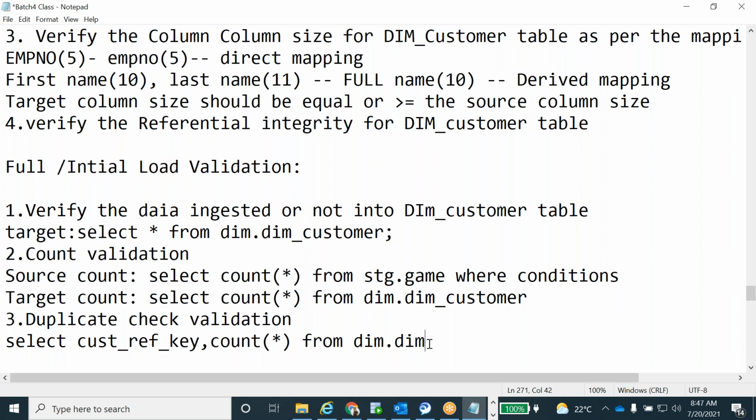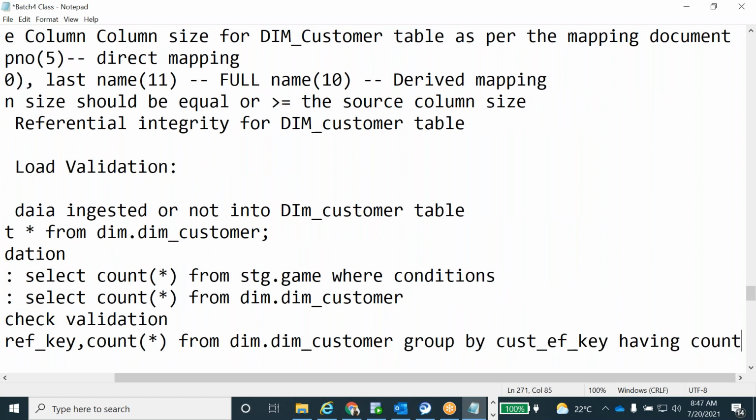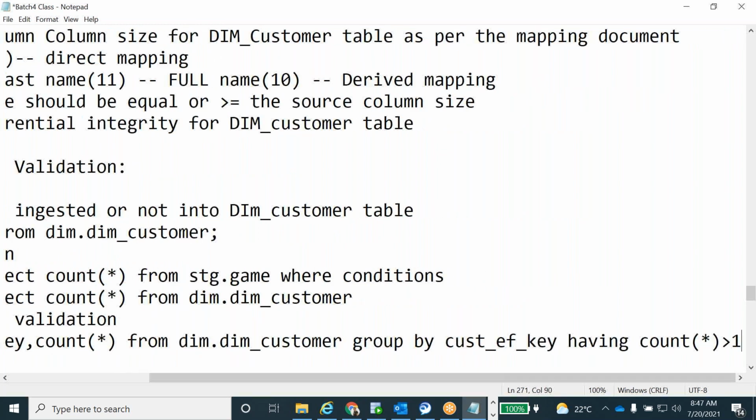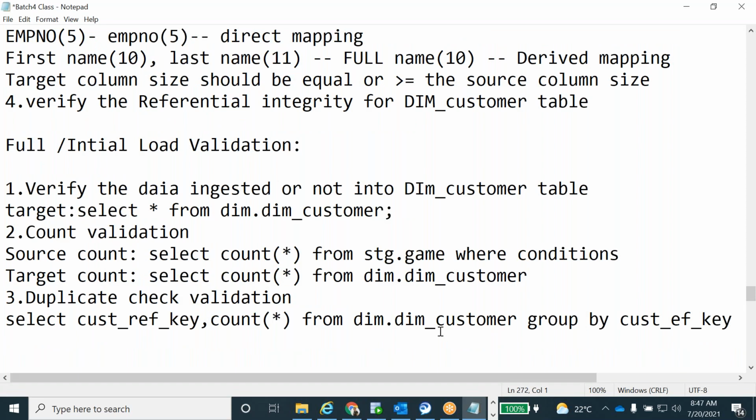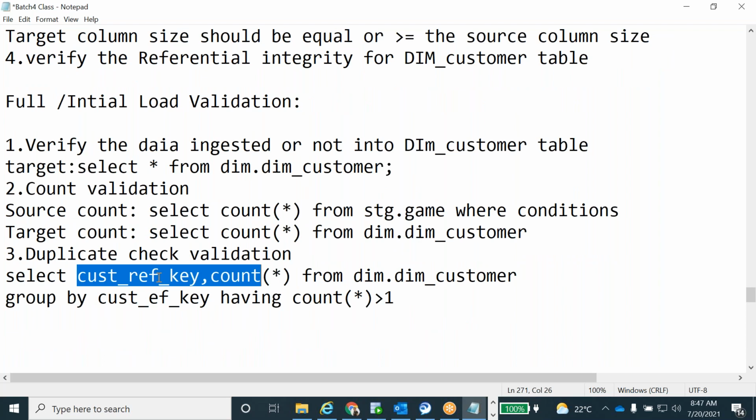Okay, for real time: dim customer, group by cust ref key, because you have to use the non-aggregated column in the group by. Ref key, having count star greater than 1. Okay, this is your duplicate query, guys. For each and every table, you only have to change the table name and